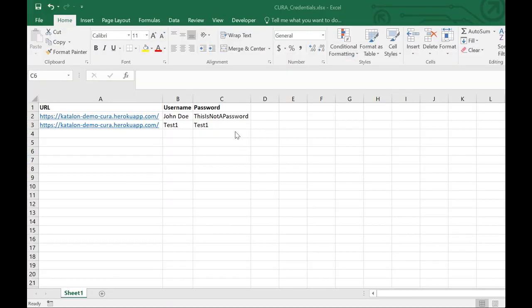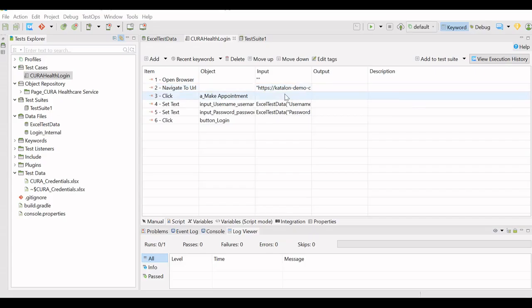I have added one additional row to this data file with same URL but different username and password to check the data iteration.